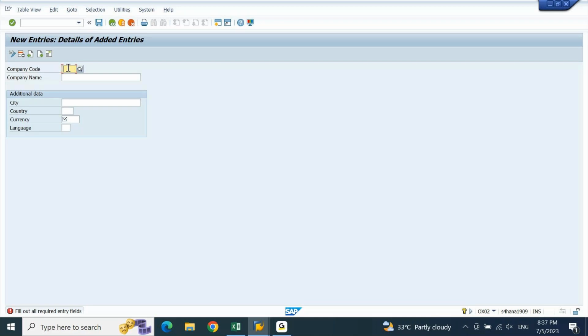Or if I create this company code, is my purpose fulfilled? If I create a company code, it's easy for me, I can create 10 company codes in 10 or 15 minutes. Does that mean I understood how to create a company code? No. If somebody asks me to create a company code, on what basis will I decide?